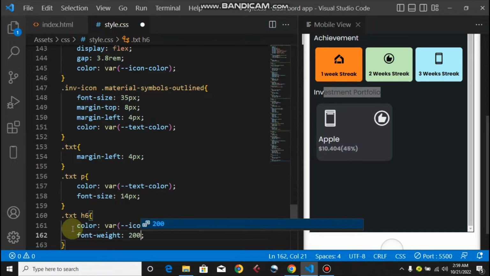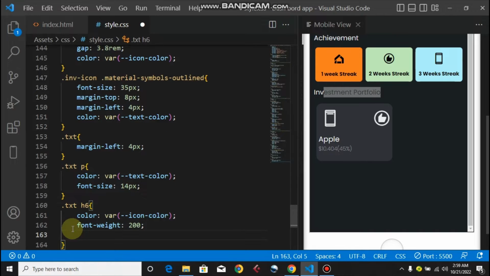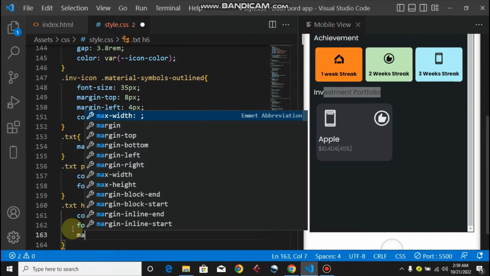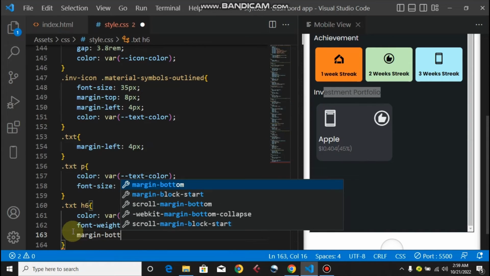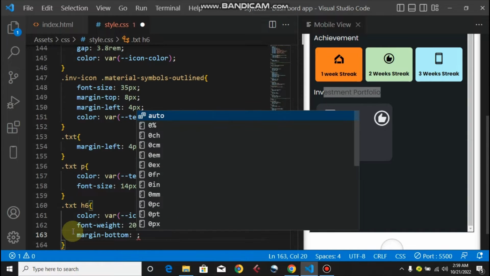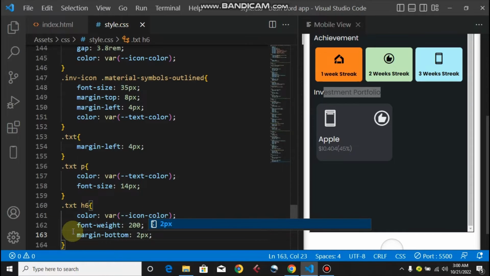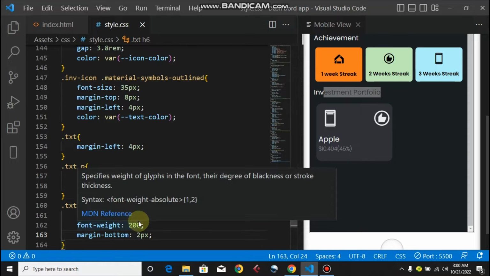Let's give it 200. Also give it a margin bottom. Let's give it 2 pixels. Okay, now